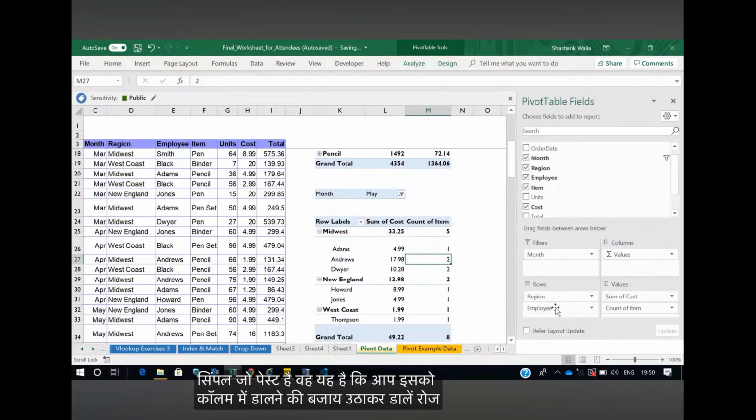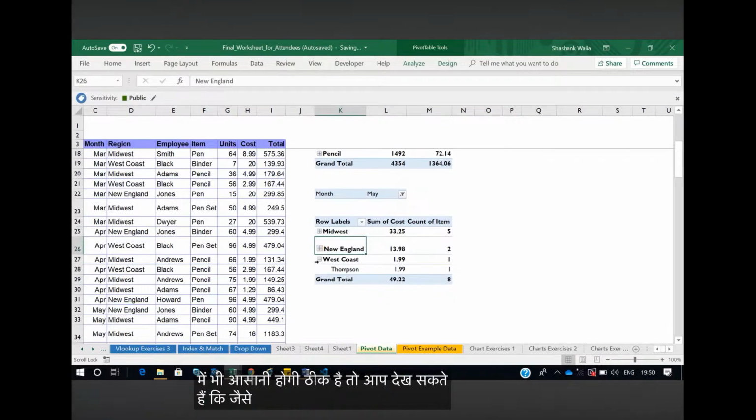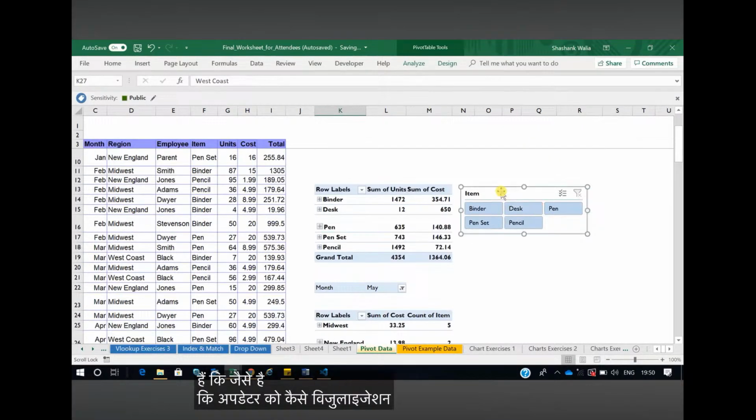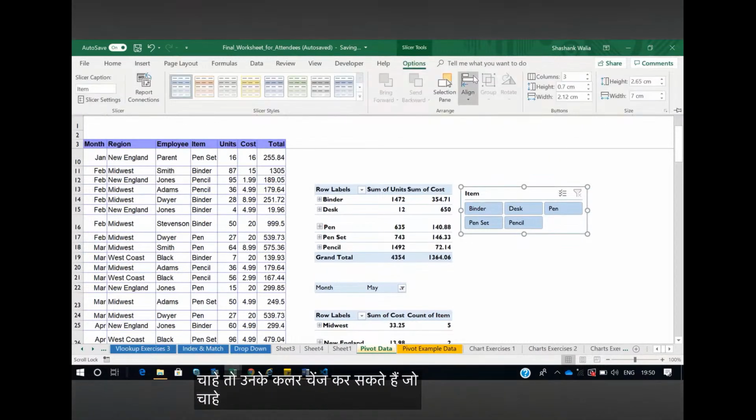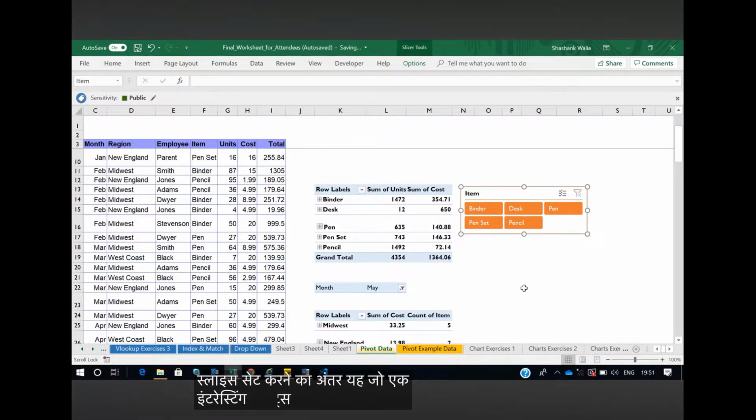की बजाय उठा के डालें रोज़ में, जिससे आपको डेटा समझने में भी आसानी होगी, ठीक है। तो आप देख सकते हैं कि आप डेटा को कैसे विजुअलाइजेशन दे सकते हैं। आप चाहें तो इनके कलर चेंज कर सकते हैं, जो चाहे आप कर सकते हैं। आपके पास मल्टीपल ऑप्शन है यहाँ पे, राइट, यू कैन सी दैट। ओके, सो ये तो था एक स्लाइसर्स ऐड करने का।